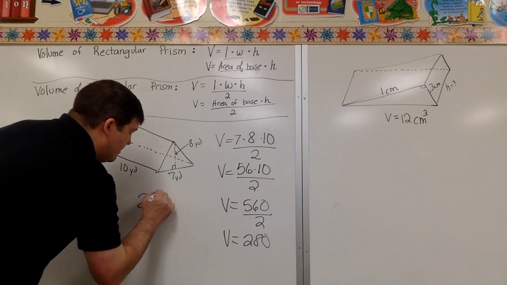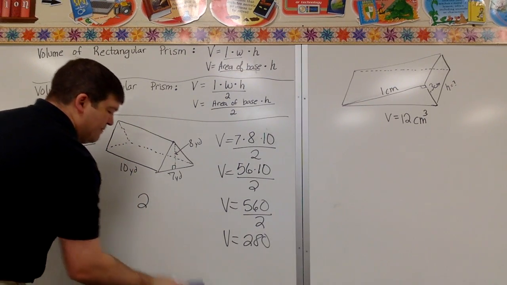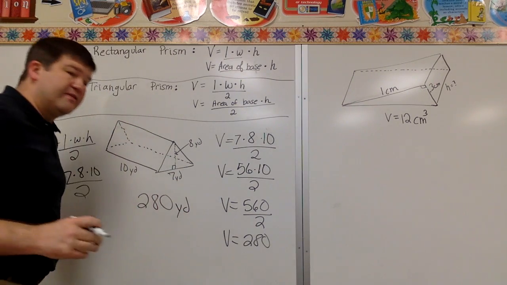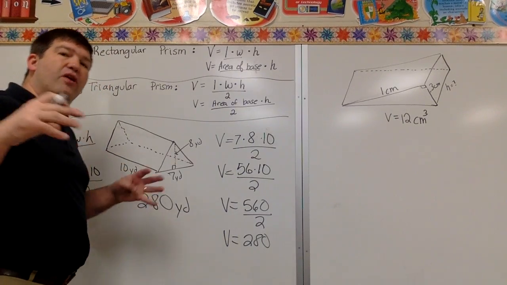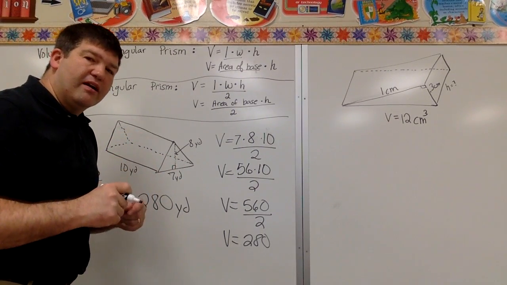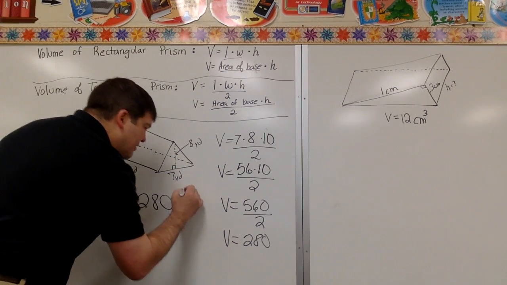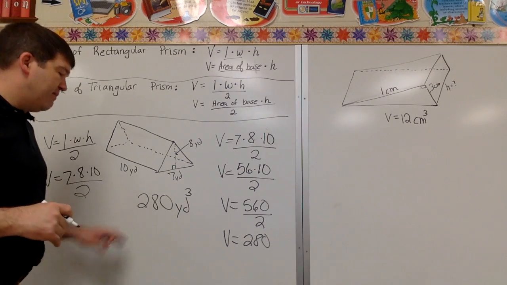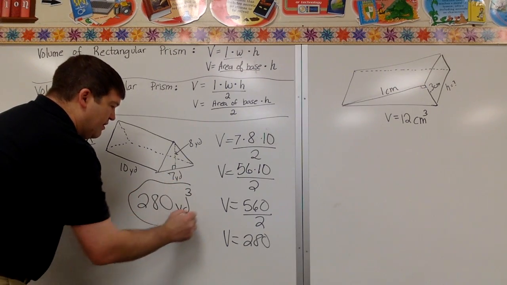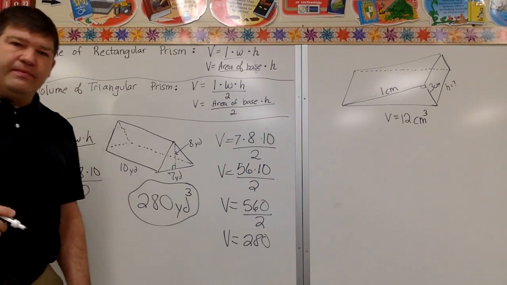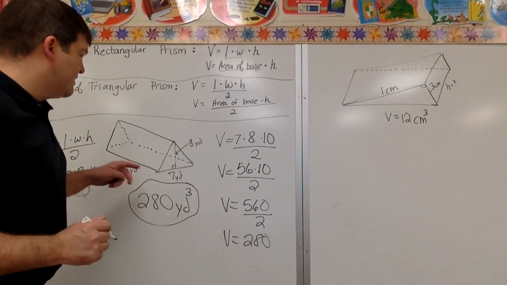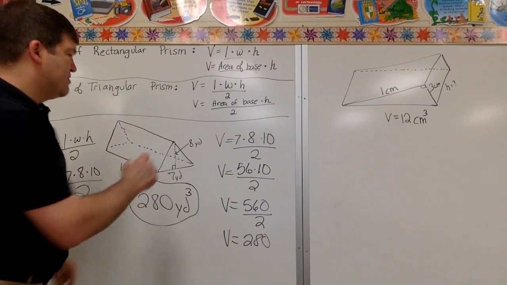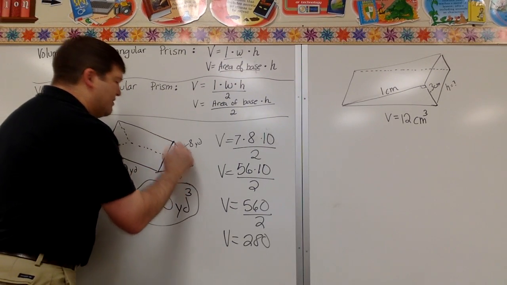280, and it's yards. And because it's how many cubes can go in it, it's cubic yards. So I'm cubing it, not squaring it. Squaring is the area, but cubing it. 280 yards cubed. Okay? I just took my length and my width, which is basically, I wanted the surface area